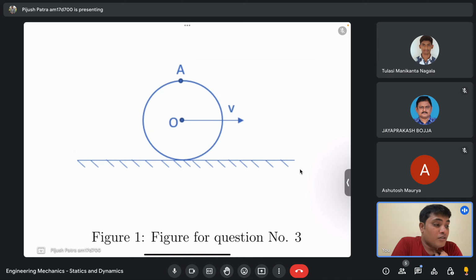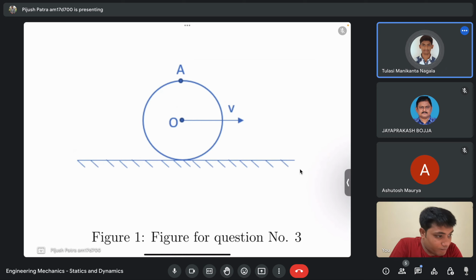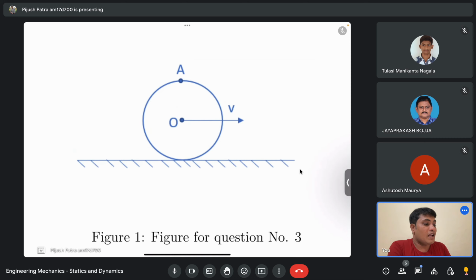So that means you are not using the correct word. That contact point will behave like an instantaneous center, a pole of zero velocity. Yeah, instantaneous center of zero velocity. So that means as if the entire thing is rolling about this contact point. If you see that this entire thing is rolling about this contact point,